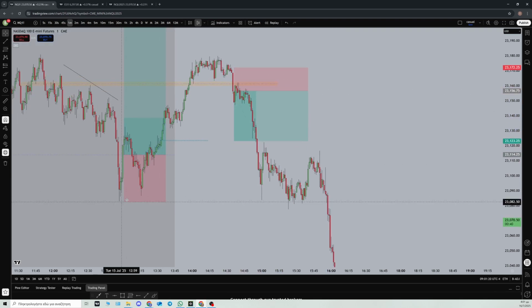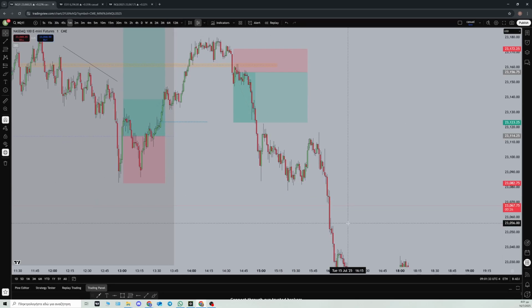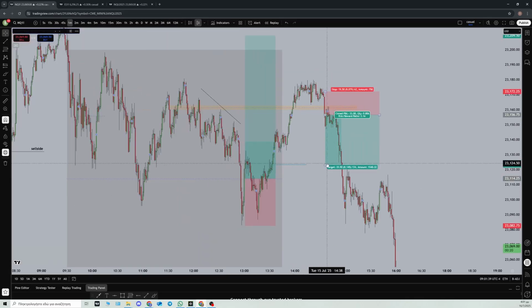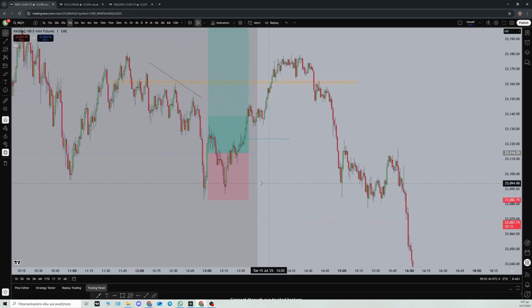I don't think it's correct to target this one here. It was very energetic. You cannot consistently expect to do that. So something else. When you have this entry here, let's see what ES does at this level.